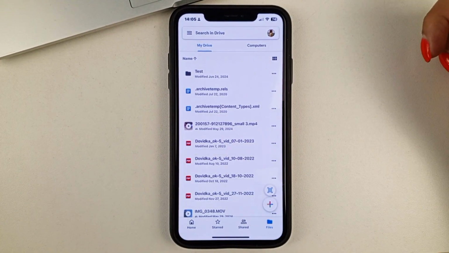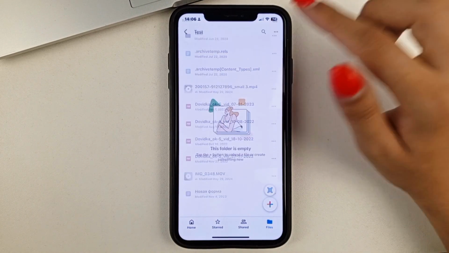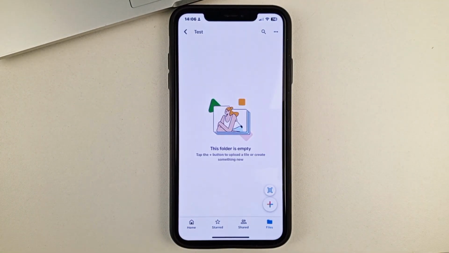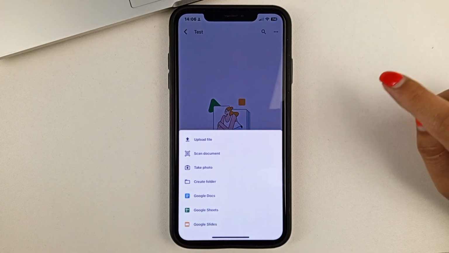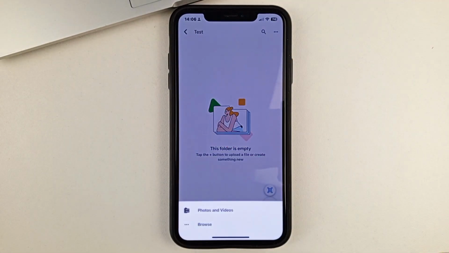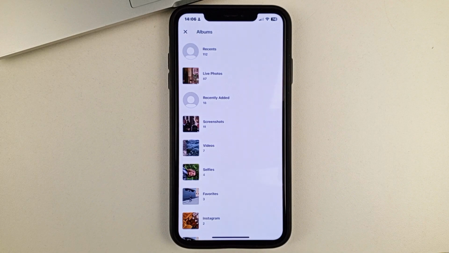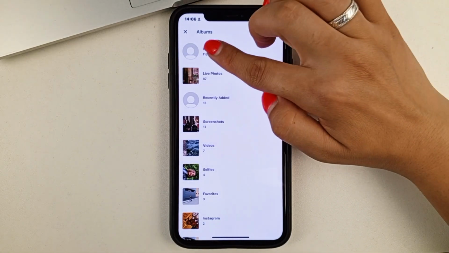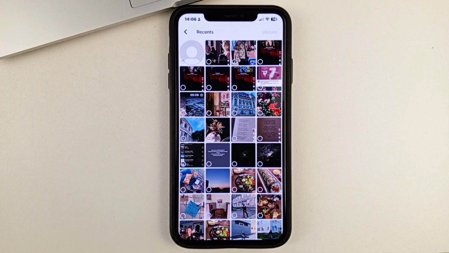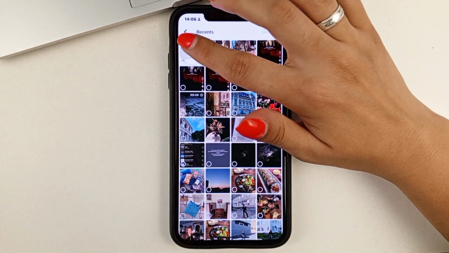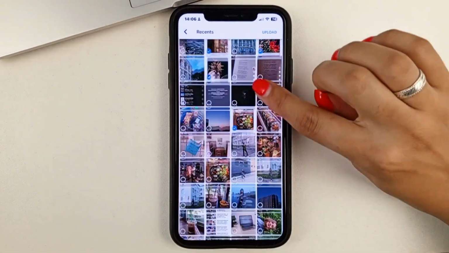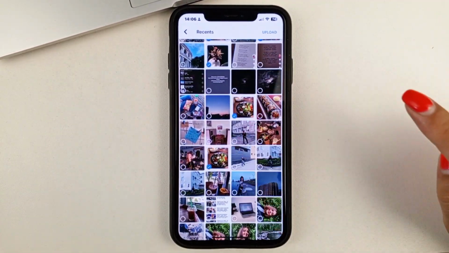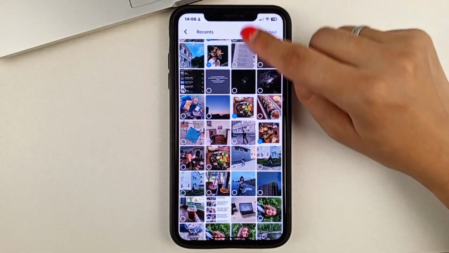So, I already have a folder like this created. Go to your folder, and then also in the bottom right corner, click the plus sign again. Next, select Upload a file, photo or video. And here you can go to your files and select the ones that you would like to upload to your Google Drive. Let's say you can select all the photos and videos that you are comfortable with, and then click Upload.